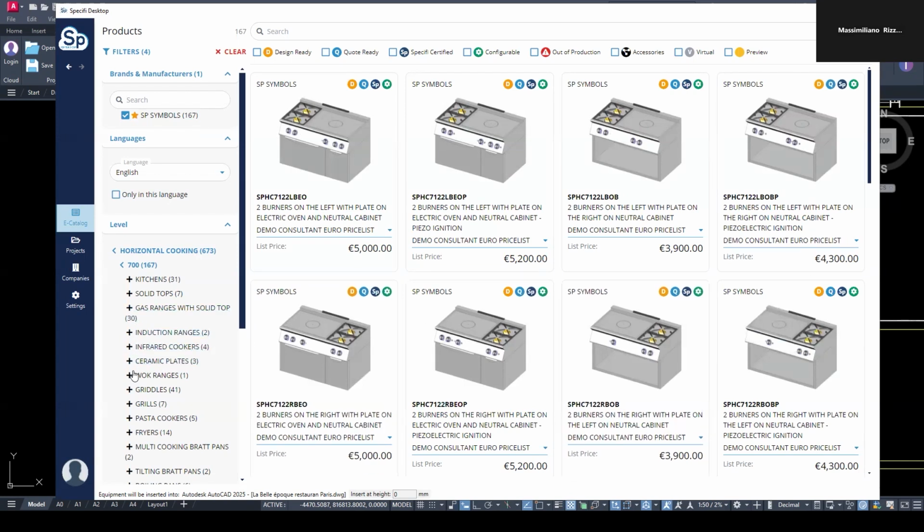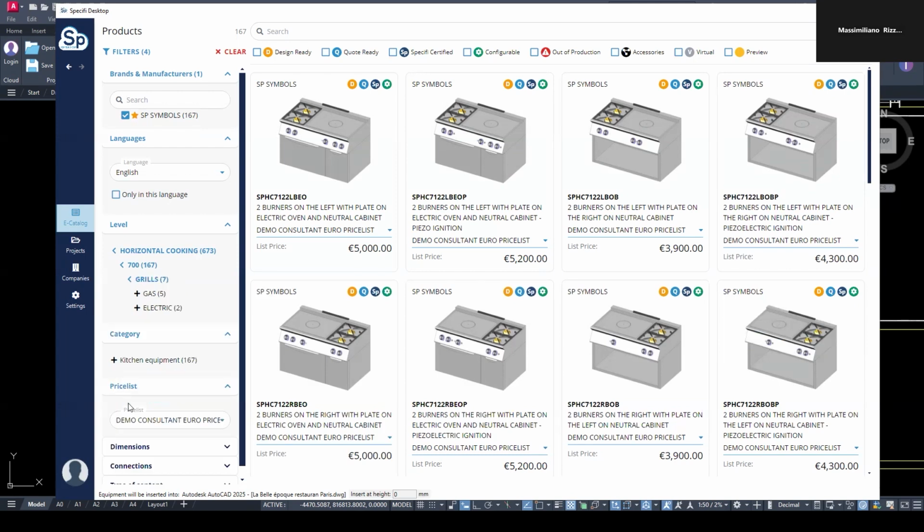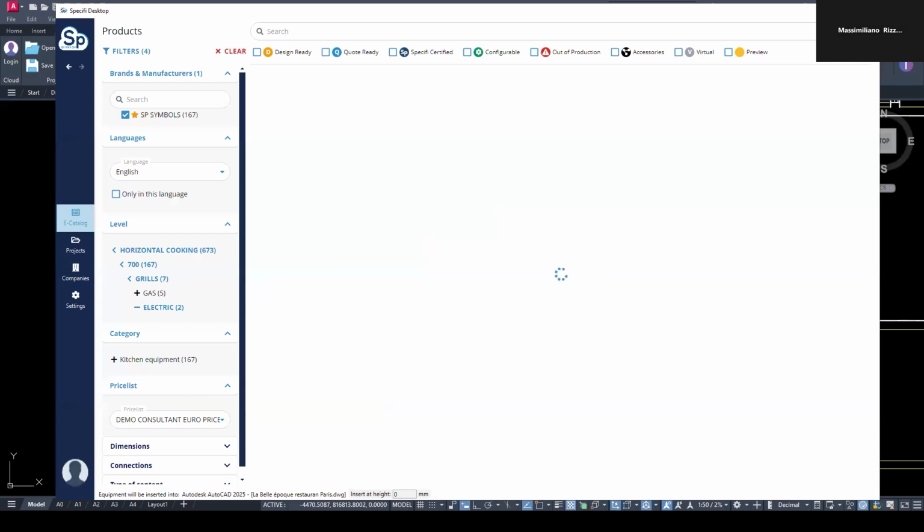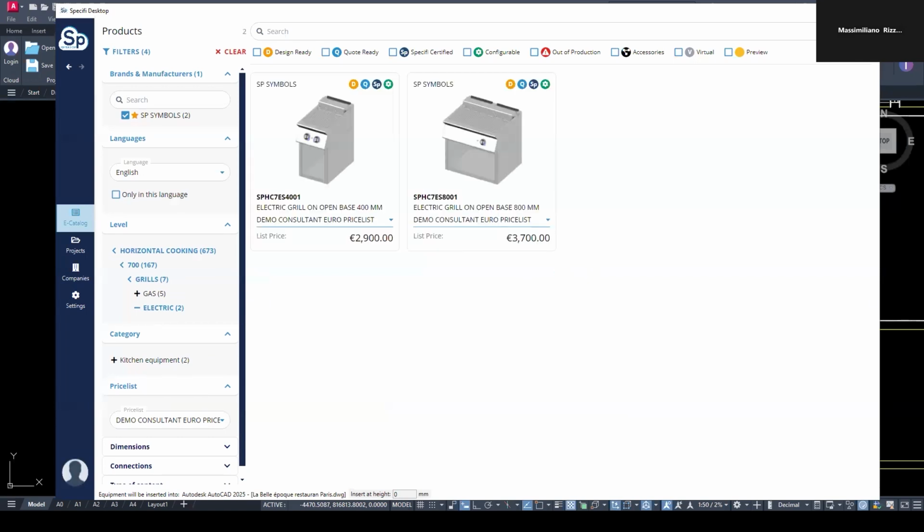For example, now I want to insert a grill. Okay, I can select electric. And we can insert 400 grill. As you can see now, instead of using the tab mode, in electronic catalog, at the top you have also